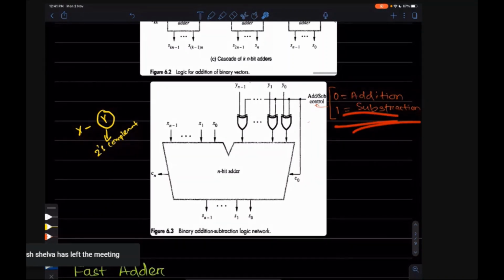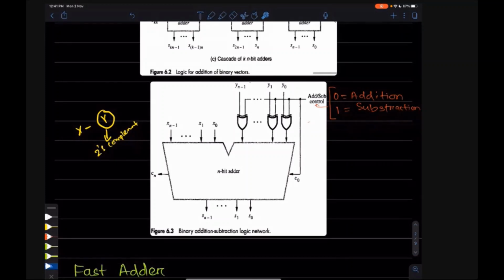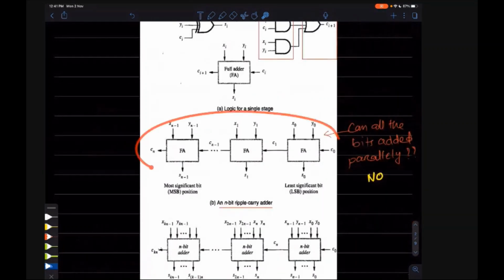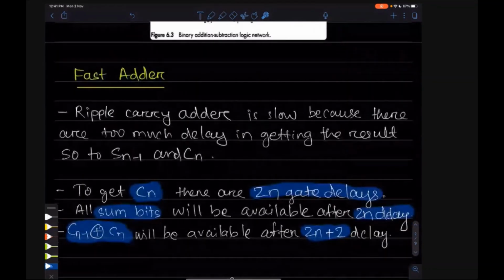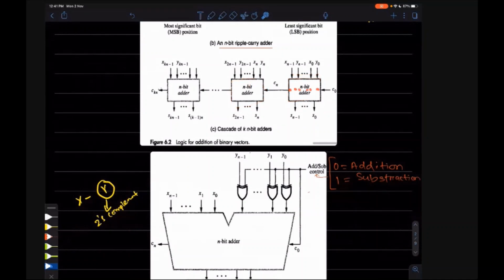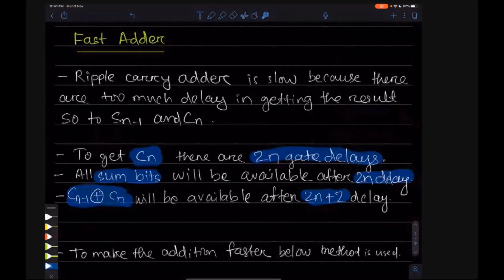Okay, done. So that's the addition thing. But we have seen in the previous case that we cannot do it in parallel. Then there is a lot of delay in this addition circuit. So we have to do something for that. That is called a fast adder circuit. Fast adder means we have to make it faster. This delay should not be there, because again we are adding in cascade. So we are getting delay in this, again delay in this, and again delay between these two boxes also. So the delay has to be minimized. Let's see how much delay we are getting.